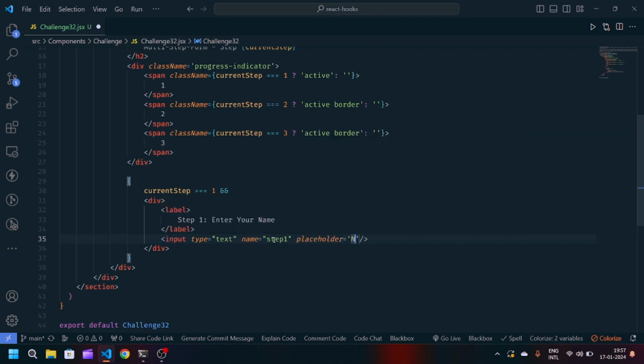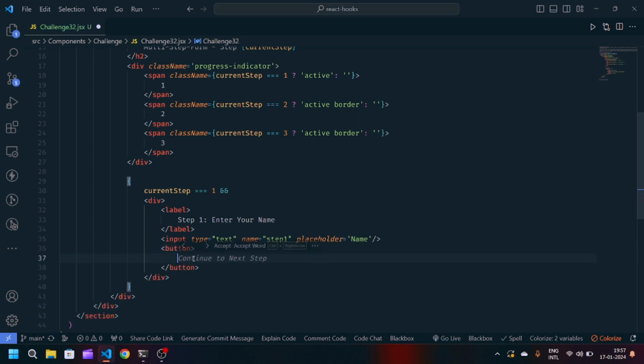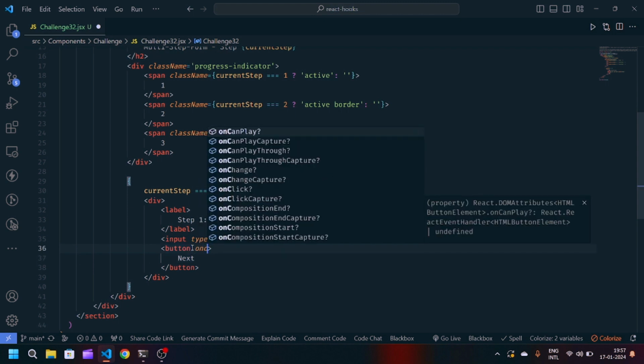I will give the placeholder as name. I will create one button also. Actually my extension is not working, so it's creating problems writing the JSX. Here I will write the text next, and I will give it an onClick